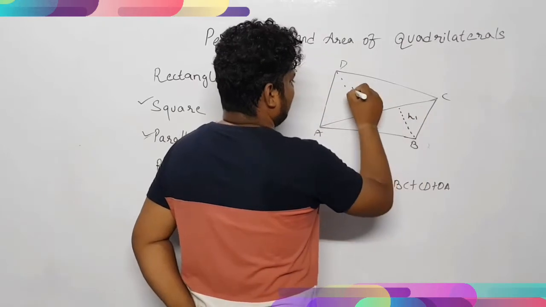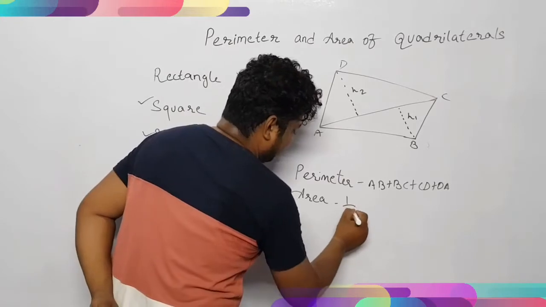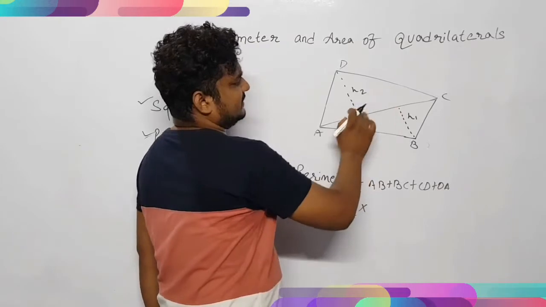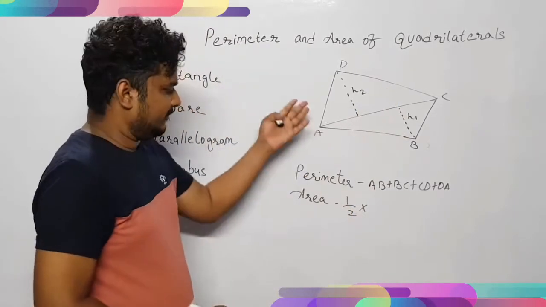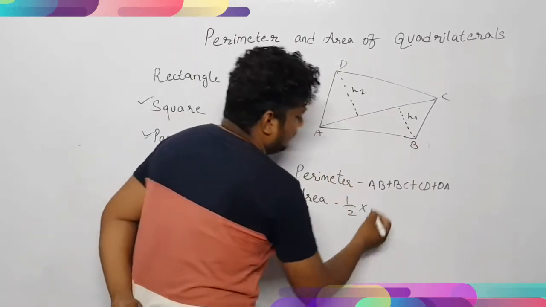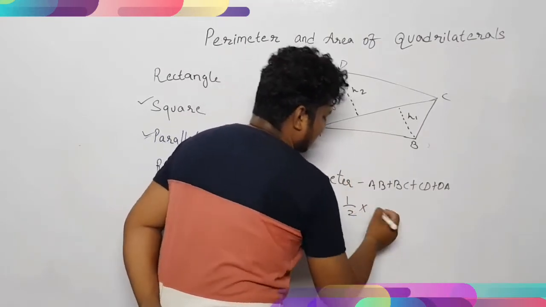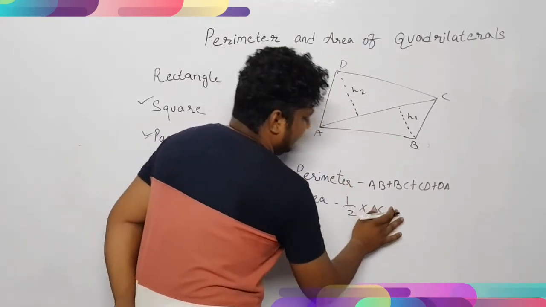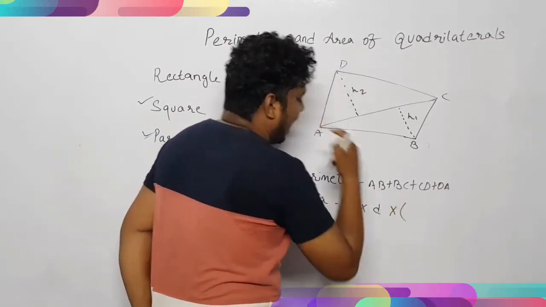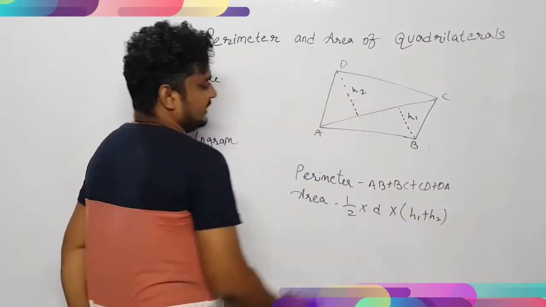let this be h1, let this be h2. So when we find the area of this, we have converted this into triangles. This is a triangle, this is a triangle, two triangles. So we are just applying the formula for the triangle. Half into base into height. We will take this common: half into base into height. What is the base? Base we will take as AC, or AC can be replaced as diagonal D. Clear with this? Into the sum of the heights, h1 plus h2. Here D denotes the diagonal.